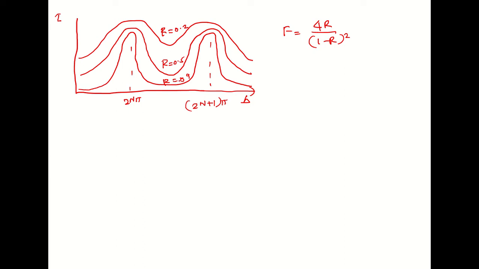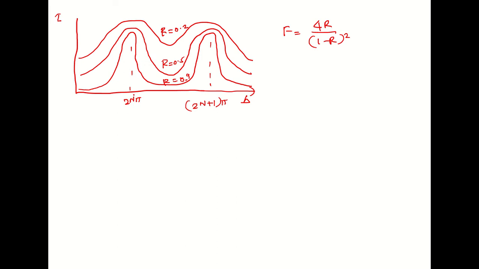Now if you have the reflectance value at a maximum, R equal to 0.9, then we can say that the sharpness of the interference fringes will be very large. That means if the reflectance is very good, then the sharpness of the interference fringe will be very good. Also, we have taken delta by 2 for the sine term in the Airy function. If it is an integral multiple of pi, then the function is equal to the maximum value of unity for any sine value. So it actually represents 2n pi.